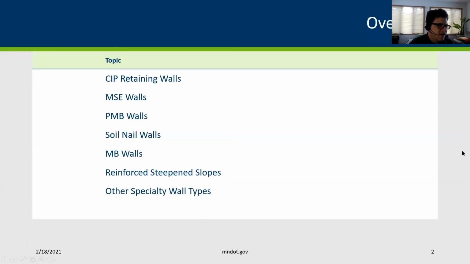So with that, the way I organized my presentation was sort of to look at our most common walls first, and then talk in generalities about some of the less common walls and what we would expect to see. I think what you'll find during construction is many of these walls, even the less common ones, have similar expectations, and it's sort of based on the components of the wall and who designs those components and what they're made up of. Are they a proprietary component or are they an engineered component by the engineer of record, so the person who designed the wall?